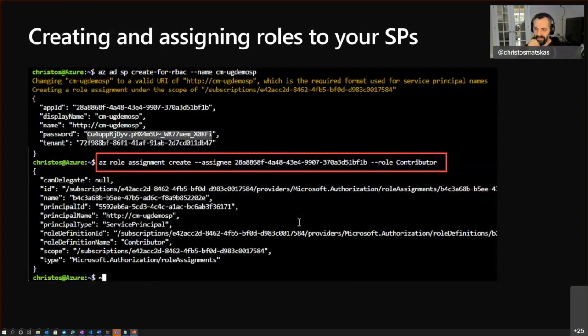So the easiest way to create it is through the CLI. You can do it through PowerShell. You can do it in the portal. But first, you create a service principal account, and you give it a name, and then you go and assign it certain permissions. Now, the nice thing here is I can lock it down to a very, very small subset of resources. In fact, it can be at the subscription level, it can be at the resource group level, or it can be at the very specific resource level.